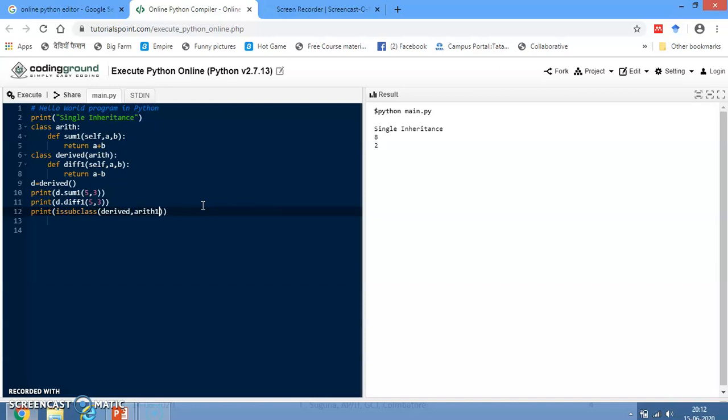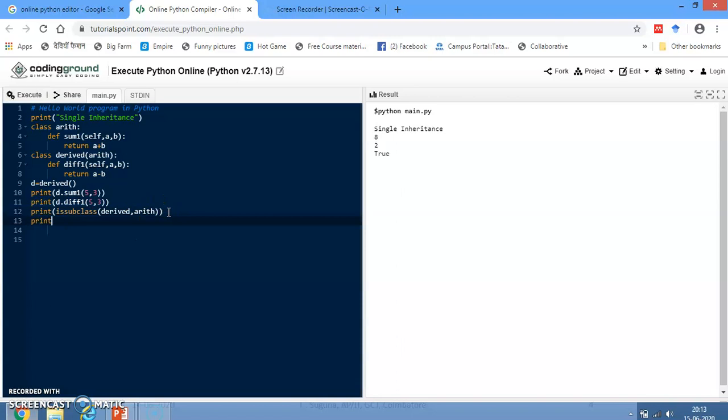If that is the case, it will print true. This shows an error because the class name is arith. Now it displays the result as true because derived is a subclass of arith.